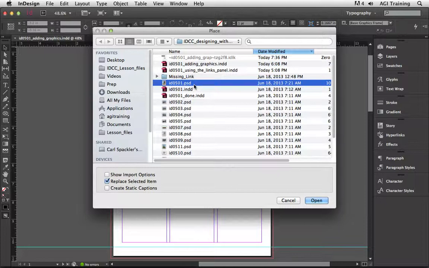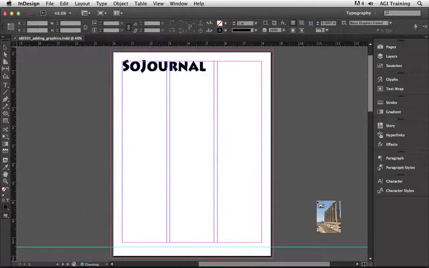The best practice is to use the native Photoshop documents or Adobe Illustrator .ai files, although InDesign can also place JPEG, EPS, as well as TIFF, and perhaps PDF files, and even other InDesign files, as you'll see. So we'll choose this file, and we'll just use the Replace Selected Item option here, and click the Open button, and you can see the place gun is loaded with the cover image, and we want to set this to